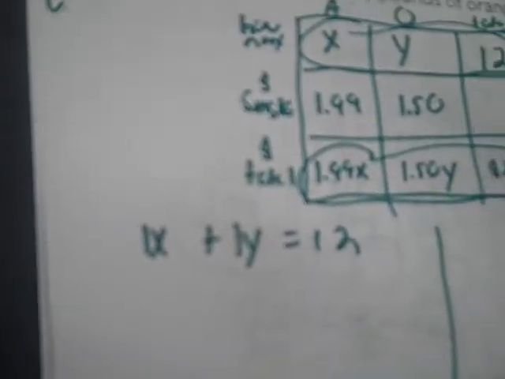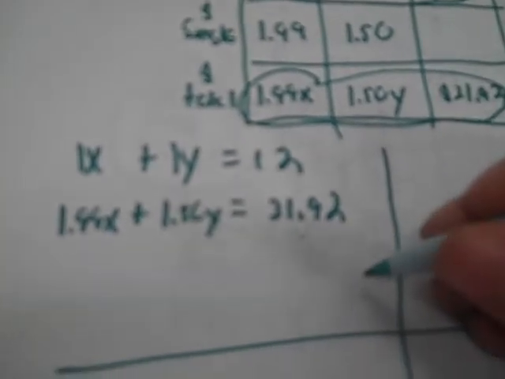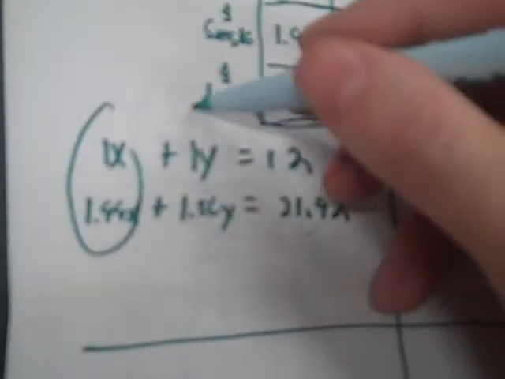And I'm going to put ones in front of these, okay? And then 1.99X plus 1.50Y equals 21.92. Okay, again, there's no base, so I circle this. I'm going to write 1x plus 1y equals 12. And that's not the same, so there's no same, so I got to go dot, dot,